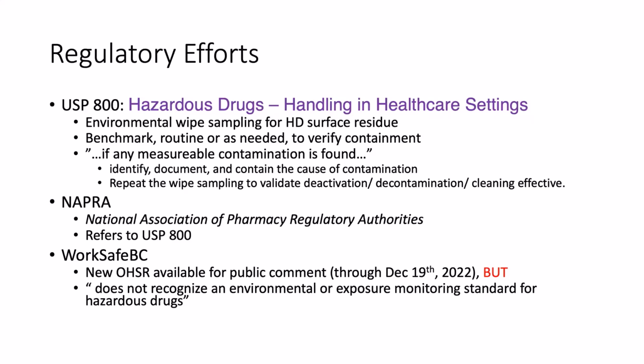It talks about wipe sampling, which is the term we use for surface exposure monitoring, looking for hazardous drug surface residues. It talks a little bit about the frequency of measurement, and I'll give more detail later. And then it has language like, if any measurable contamination is found, you are to identify, document, and contain the cause of the contamination, and then repeat sampling to make sure that your cleaning was effective. So basically, it's pretty vague, and this lack of detail really hinders the end user from being able to operationalize this